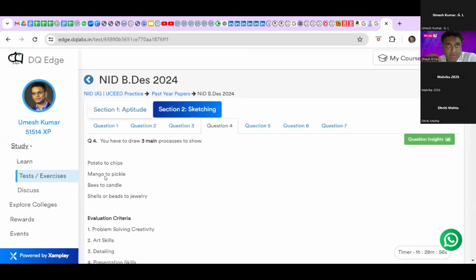And if you scroll down, you will see a lot of examples of students' work out there. So there are 4 questions given. Do we have to choose any one, or do all 4? I think they had to do all 4 here, and for each of them, 3 main processes. Malvika, technically, if you do 4 or more, you're wrong. You understand, right? Yeah, I understand.